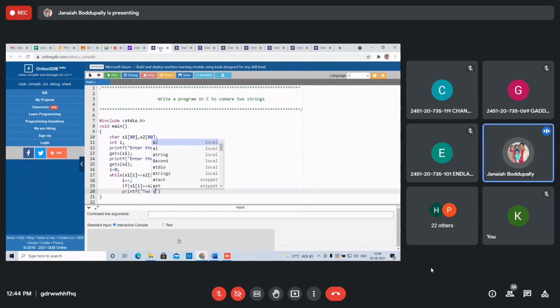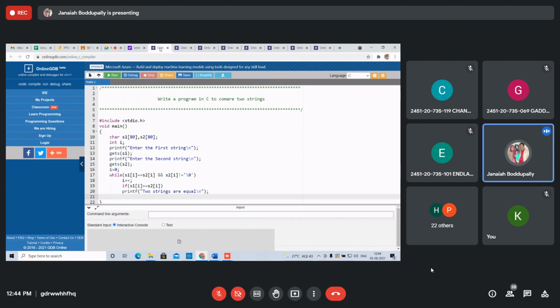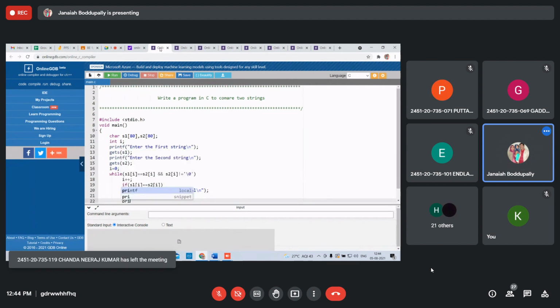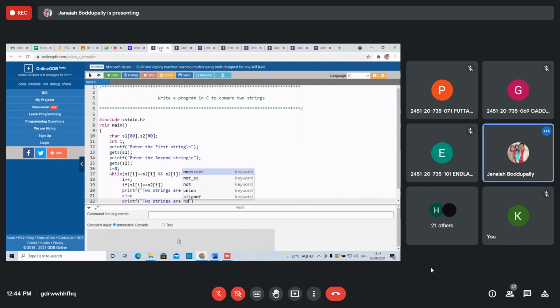Otherwise, else, printf: two strings are not equal. Not equal. That's it.